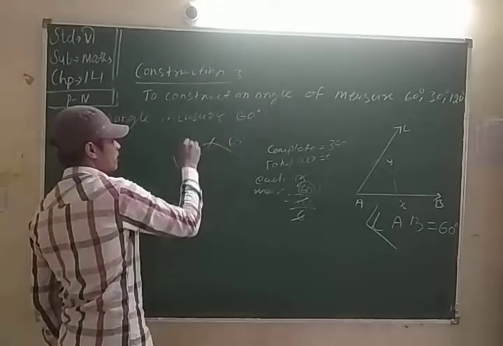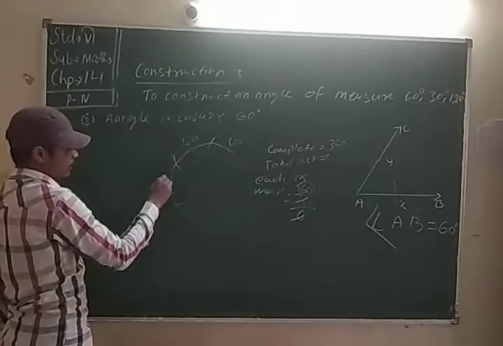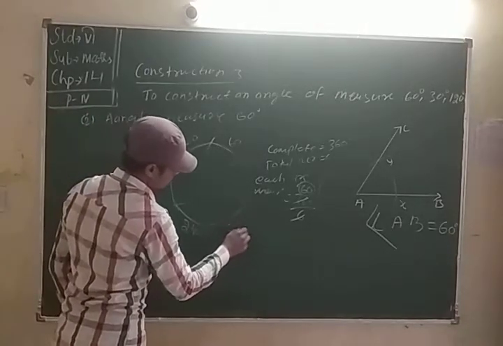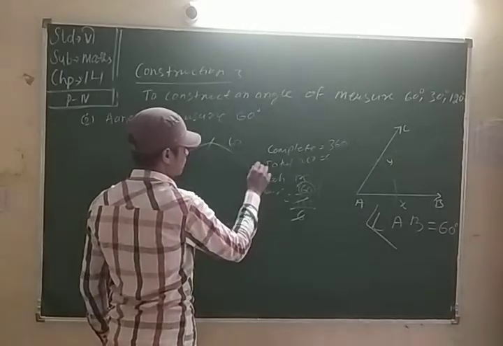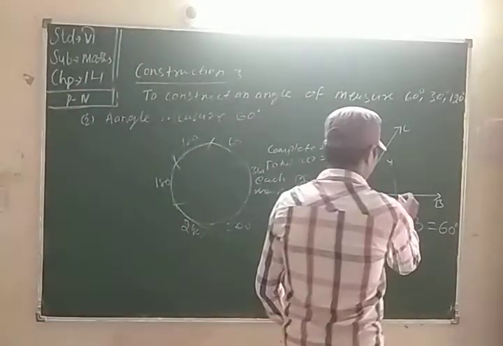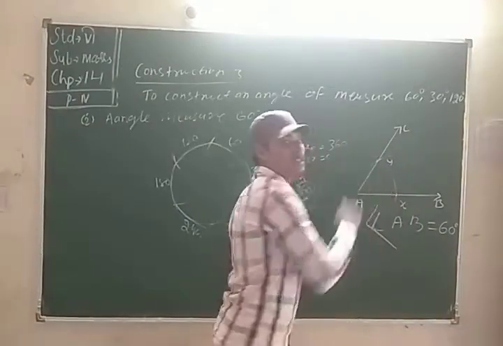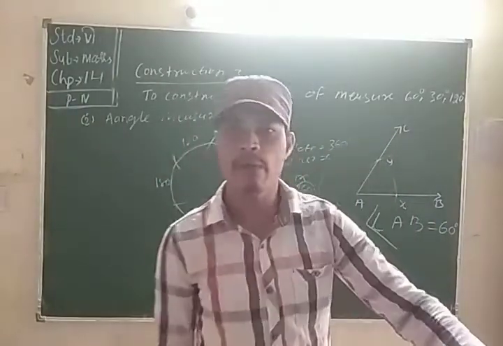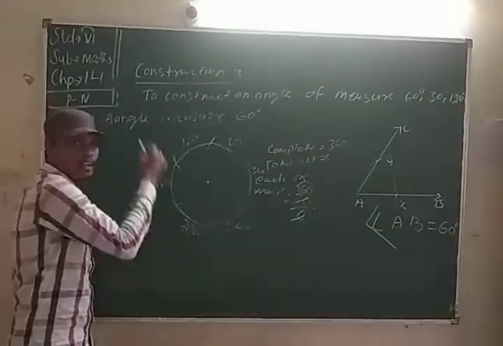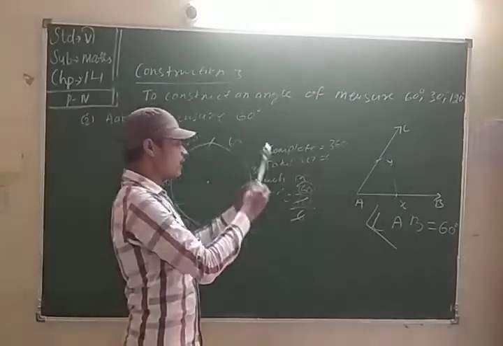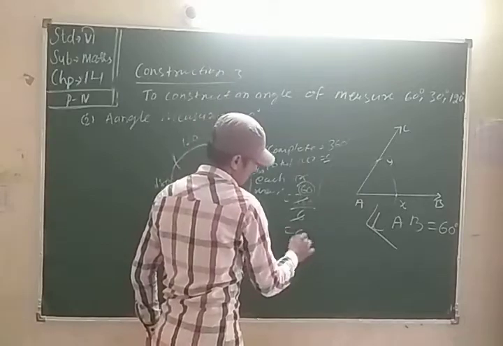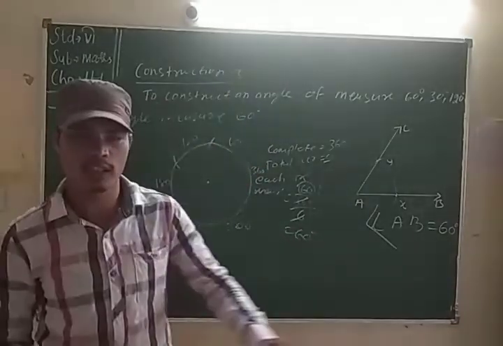Then here between is 120 degree, here 180 degree, here 240 degree, here 300 degree, and here 360 degree. Keep in mind that when we take the first arc, it is obviously 60 degree. Clear about this? How do you know? One arc equals 60 degree, and the complete angle equals 360 degree. So one arc equals 60 degree. Now I hope all understood how it is 60 degree.